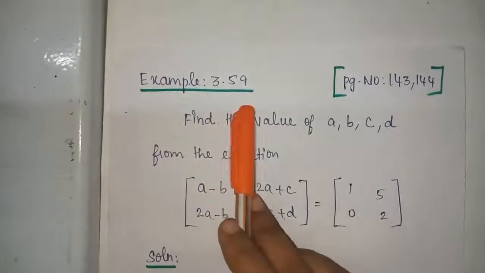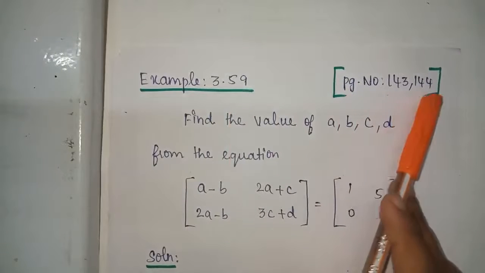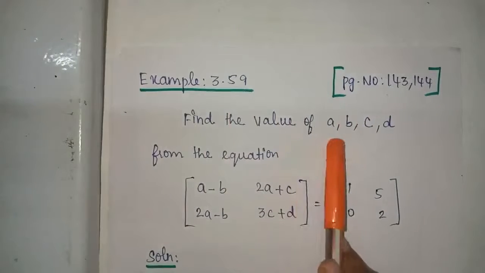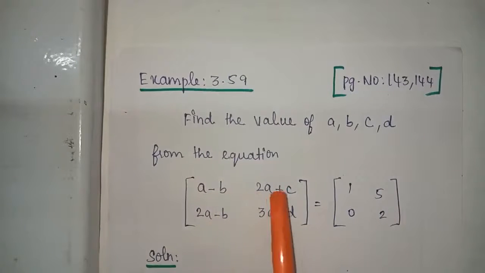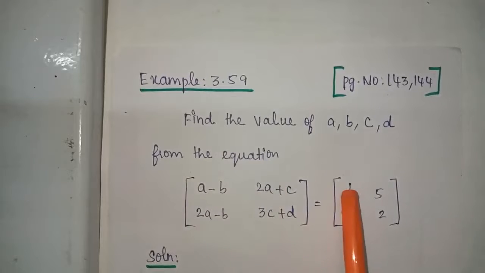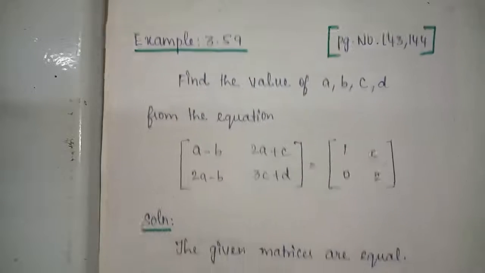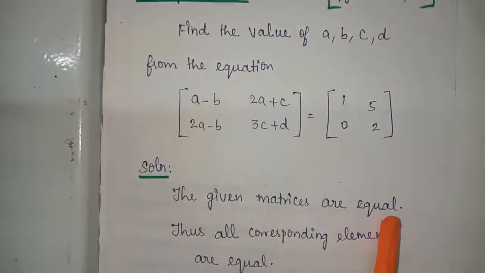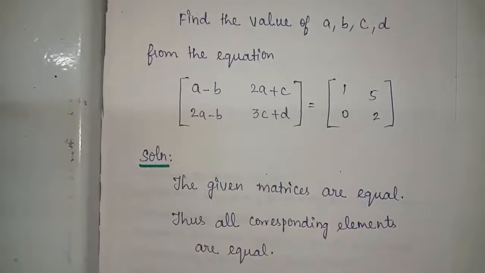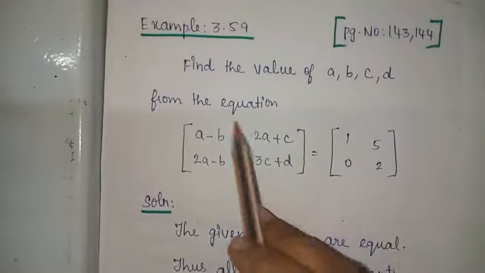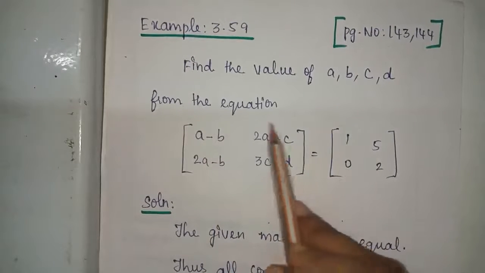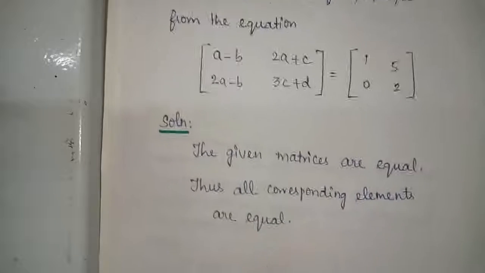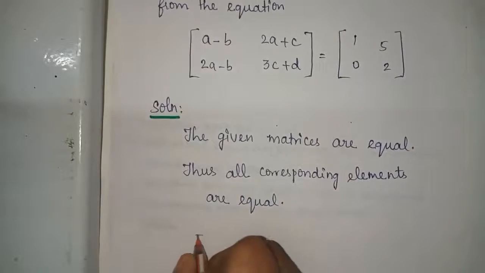Example 3.59, which is on page number 143, 144. Find the values of a, b, c, d from the equation a minus b, 2a plus c, 2a minus b, 3c plus d equal to 1, 5, 0, 2. Solution. The given matrices are equal, thus all corresponding elements are equal. Now we are going to equate the position of the elements, that is, A11 to A11, A12 to A12, which implies